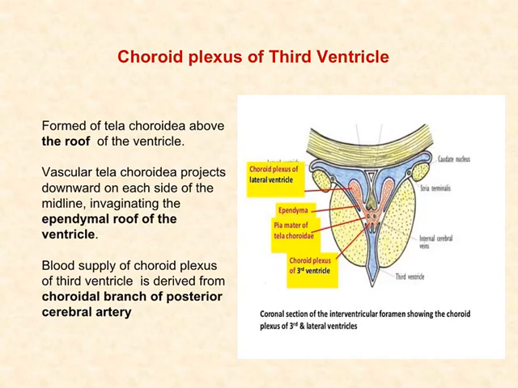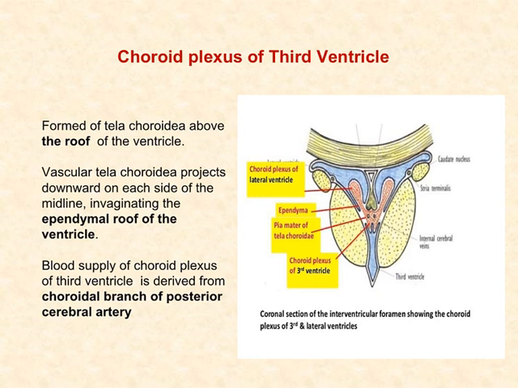Choroid plexus of the third ventricle. If you remember, the choroid plexus is the structure which is responsible for secretion of the cerebrospinal fluid. The choroid plexuses are derived from the anterior and posterior choroidal artery. The choroid plexus of the lateral ventricle